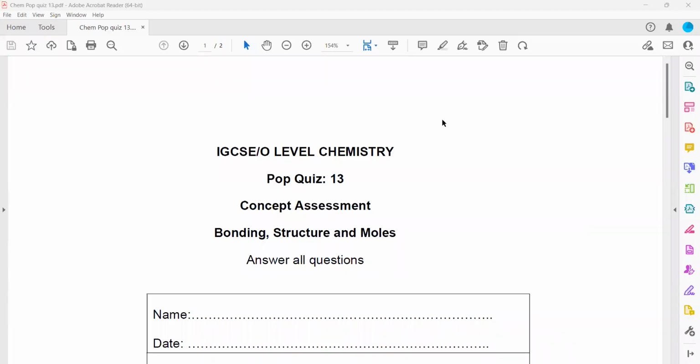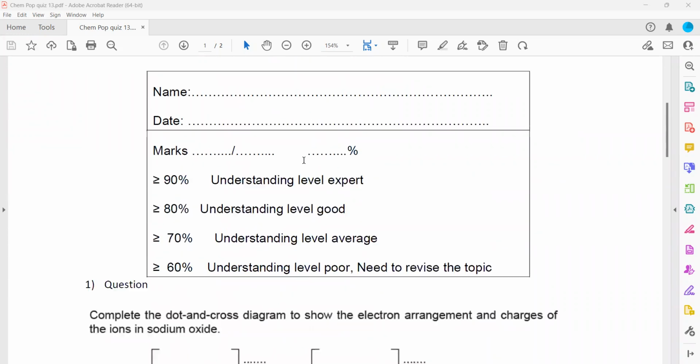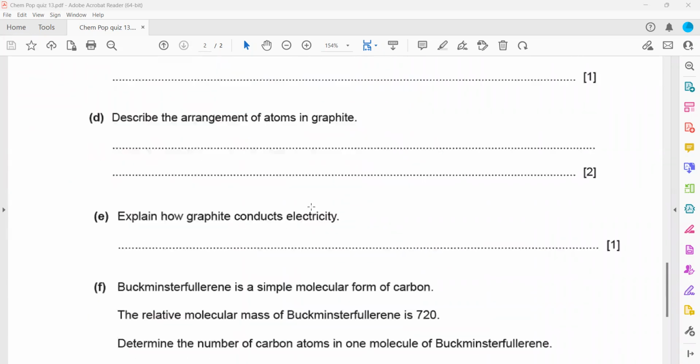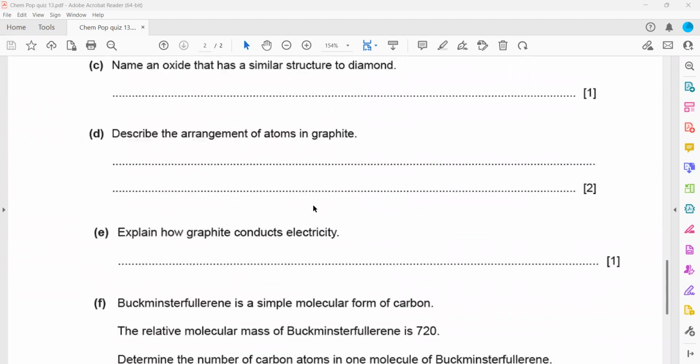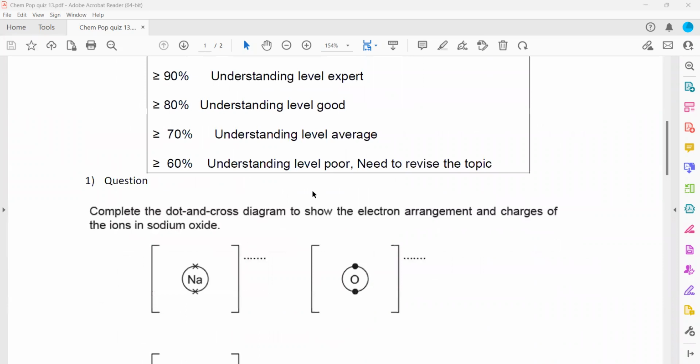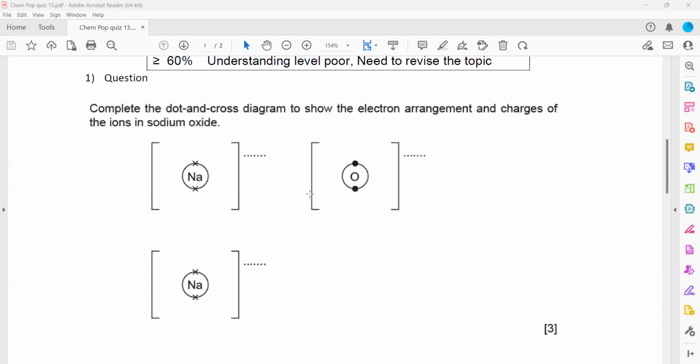So we'll start with pop quiz 13. It was related to bonding structure and moles. Mainly there are bonding and structure questions, and some part related to calculation of the moles. In the first part, complete a dot and cross diagram to show the electron arrangement and the charges in the ions